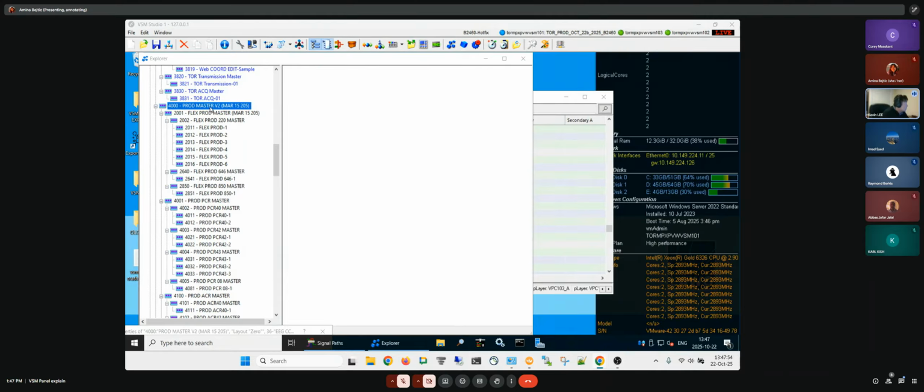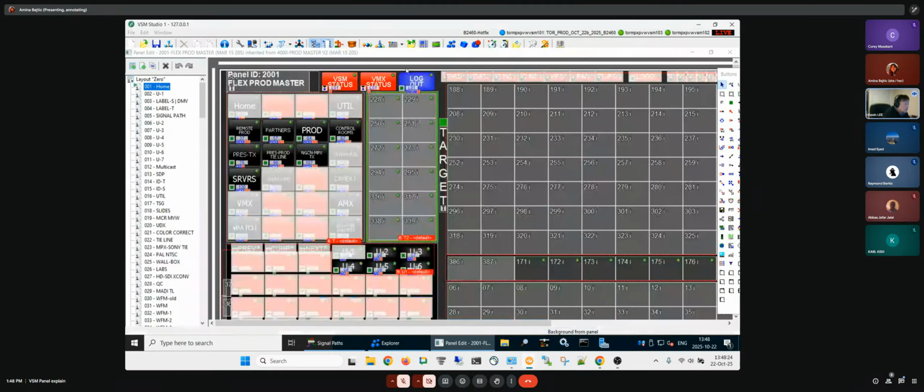Okay, let's compare it. Under 4000, there's a 2001. There's a flex prod master. When you create anything in the 4000, it will show everything in this panel because of the master. Now 2001, let's double click that. 2001, sorry. As you can see, this is grayed out, which is